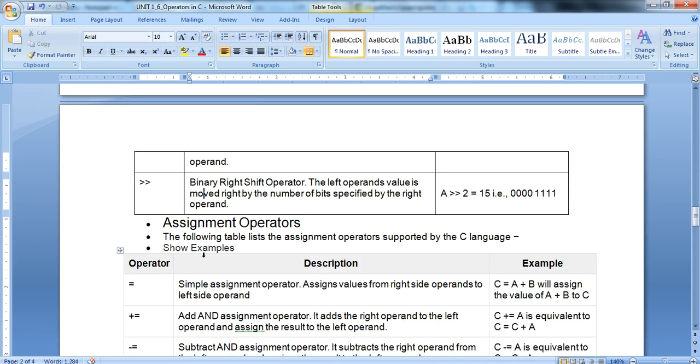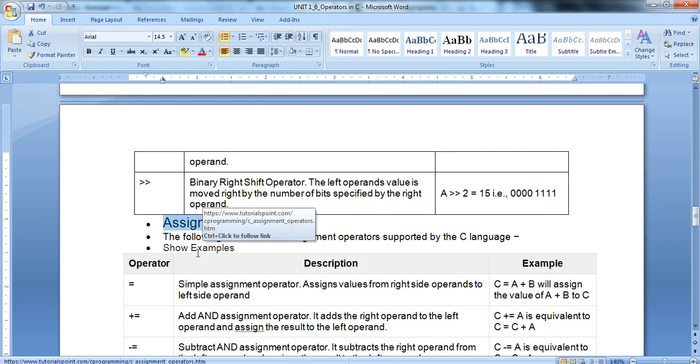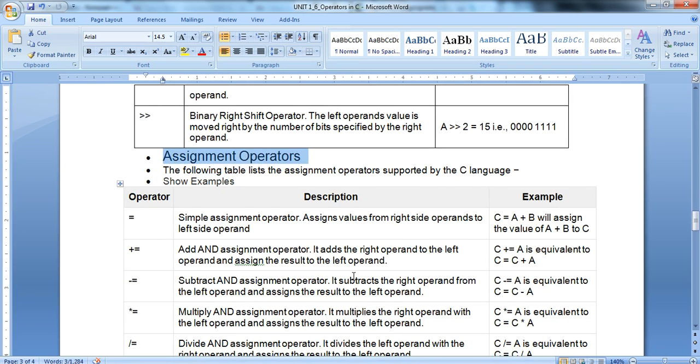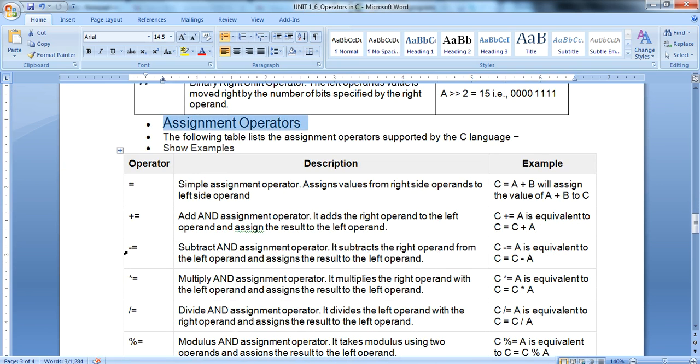Right shift operators. Now the next operators are the assignment operators. That one simply assigns the value, like equal to, plus equal to, minus equal to.